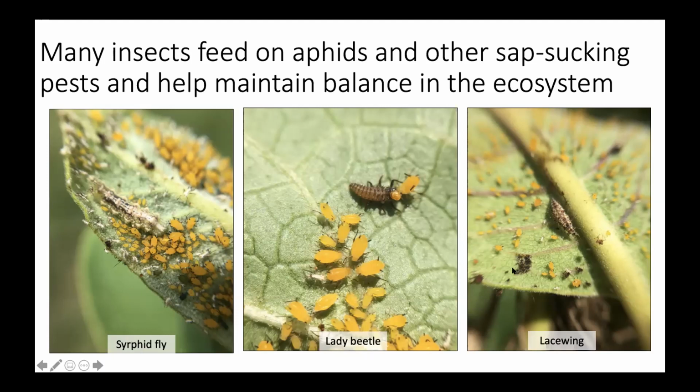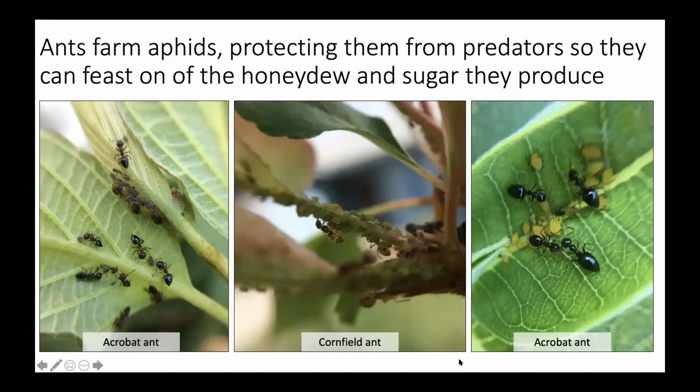And then there's the lacewing larvae too. Other things that feed on aphids are going to be ants. They don't feed on the aphid directly, but they farm them kind of like their own little livestock. So sometimes when people have an ant problem in the garden, or they have an ant problem in their home,